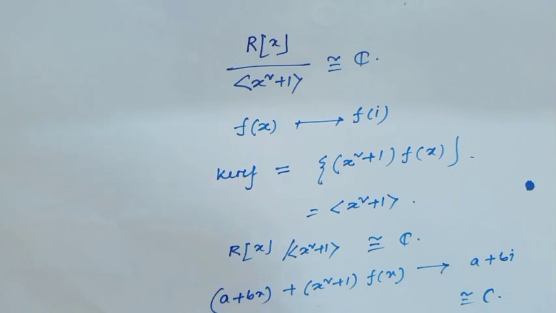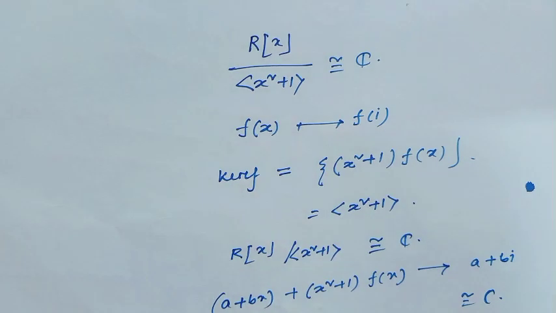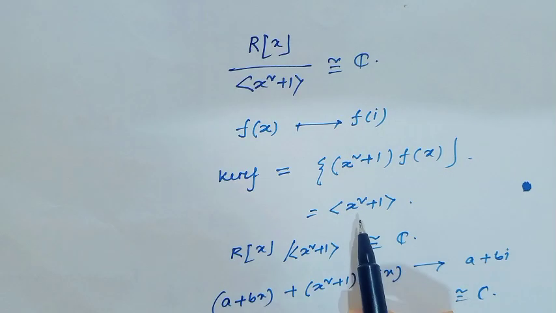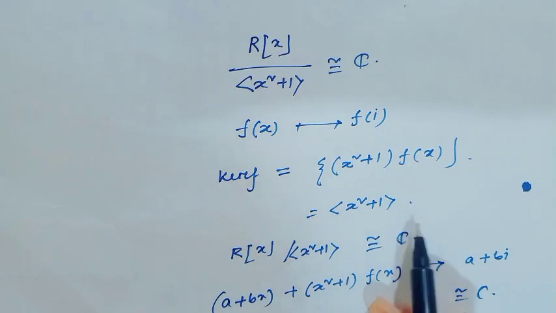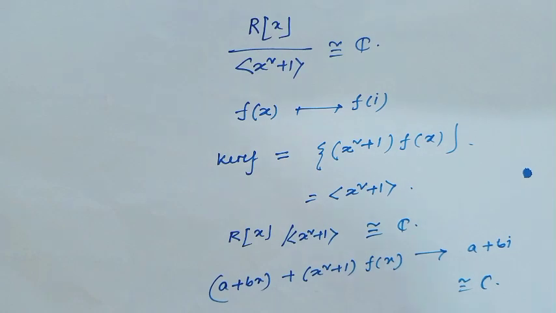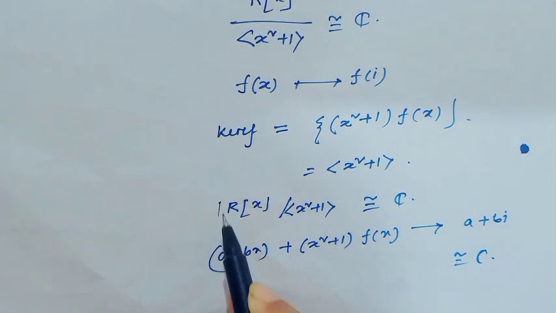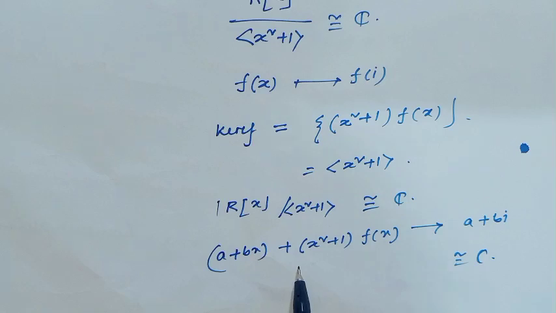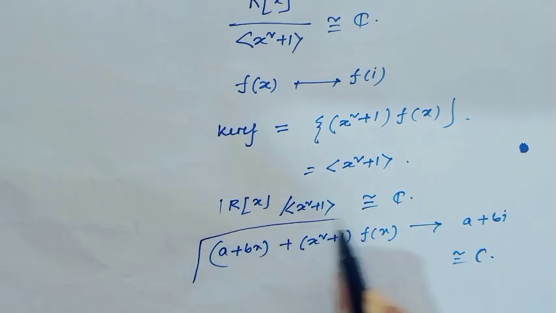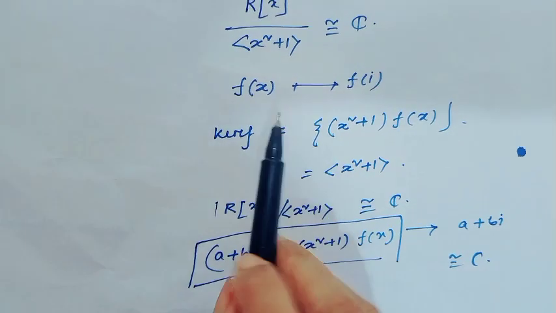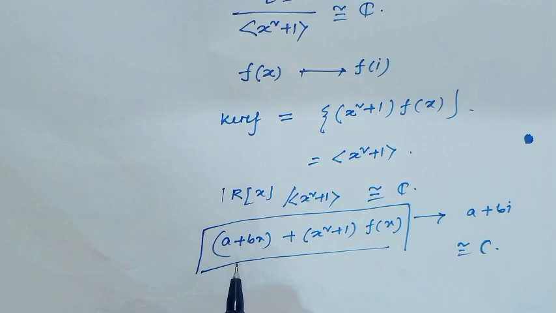the complex numbers, because those f(x) which are multiples of x square plus 1, that means this is actually the ideal generated by x square plus 1. Then R[x] modulo the ideal generated by x square plus 1 is isomorphic to C, because here the element of the coset is of the type A plus Bx plus (x square plus 1) f(x), and here the mapping f(x) maps to f(i). Just put the value